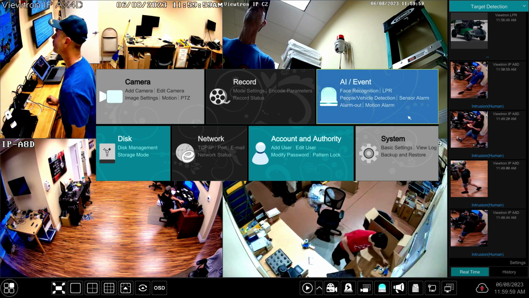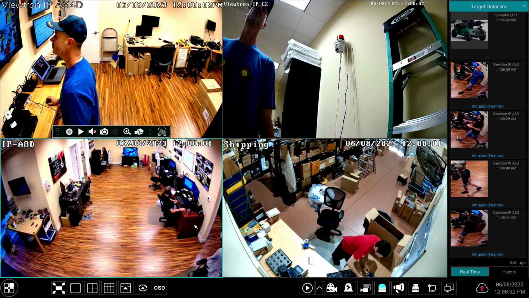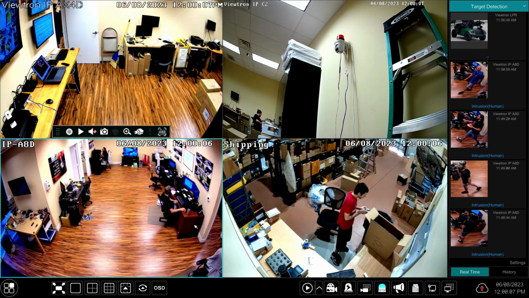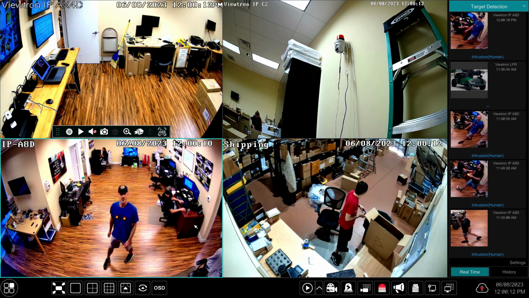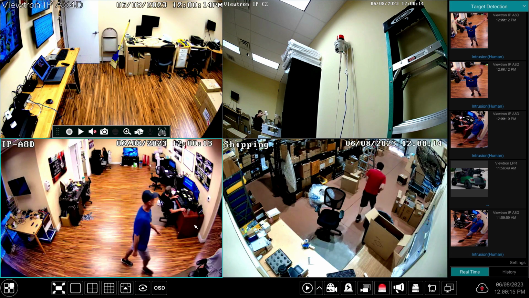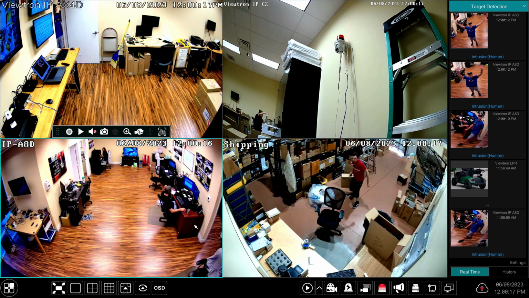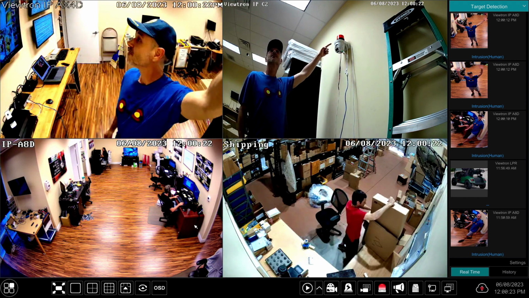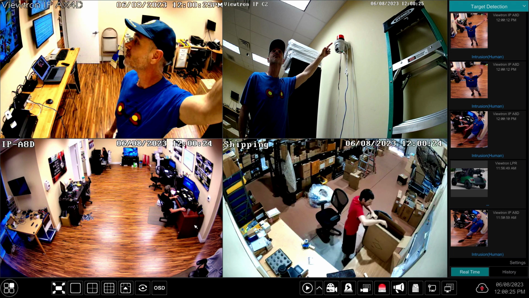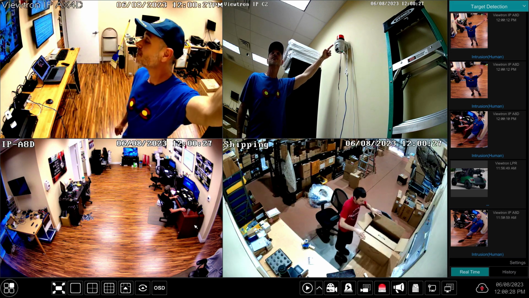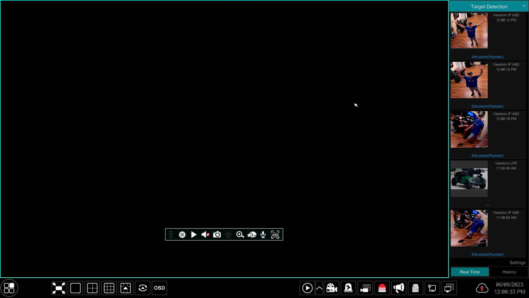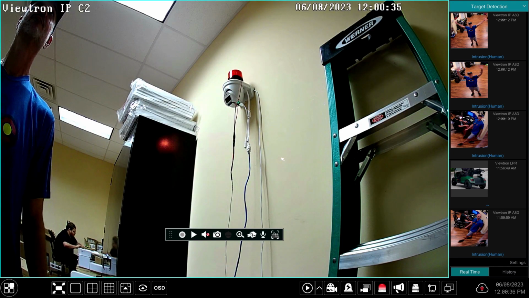Then I can close the settings menu by clicking on the X in the upper left. So I'm back at the live view of the security cameras on the NVR, and I'm going to walk out to that AI security camera. You'll see me in a second. And when I cross that intrusion zone, you see it detected me. You can see the detection event in the upper right-hand corner. That little window on the left shows all the events that were detected. And if you look at the camera in the upper right, you can see the strobe light is flashing. It doesn't show up great on video for some reason when you video a strobe light, but if you watch it, you could see that it is in fact flashing up there. Here's a full one camera view of it so you could see it a little better.